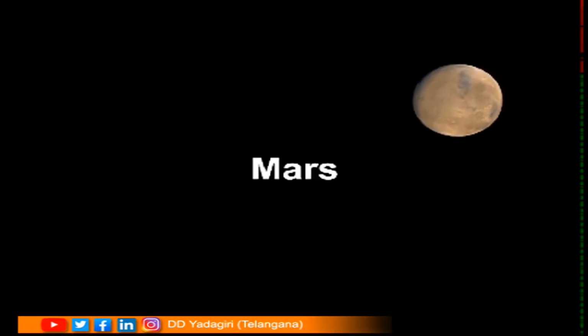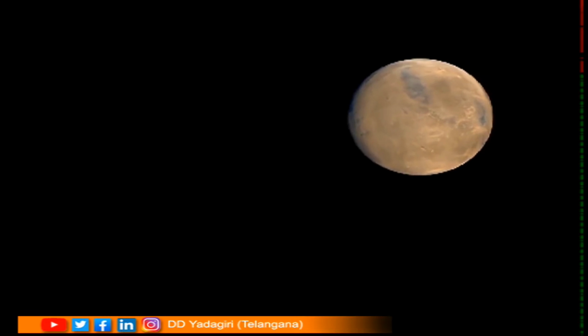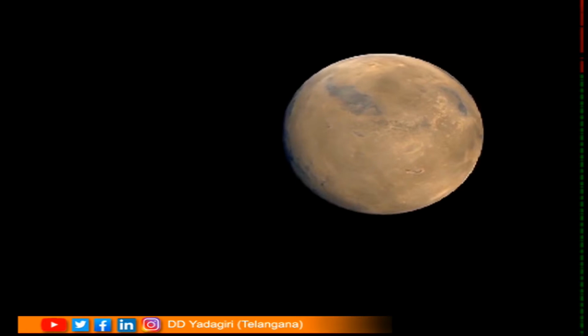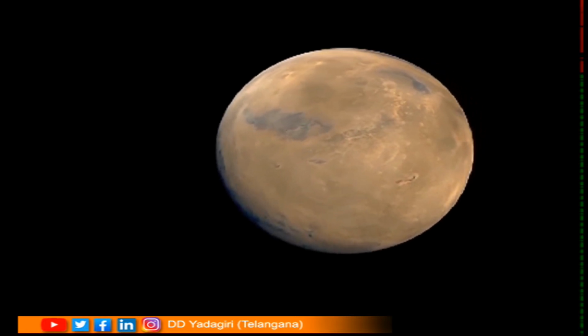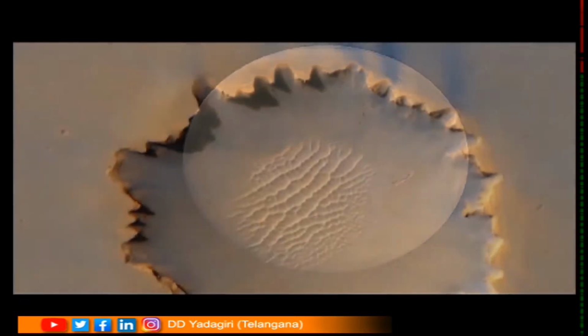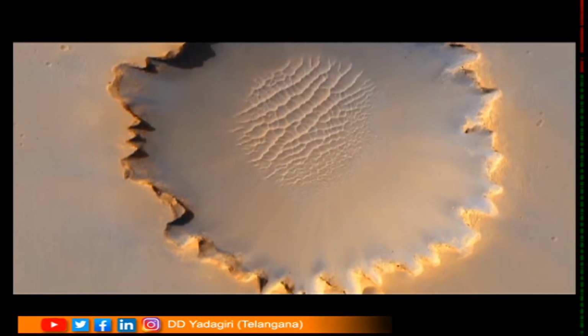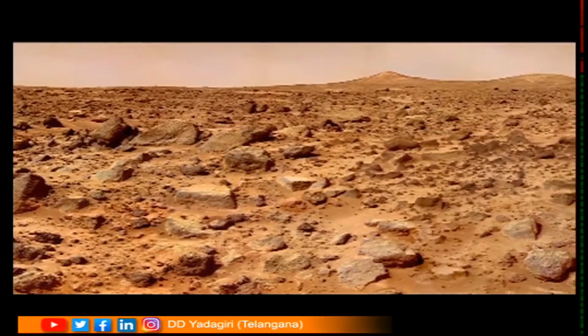Fourth planet from the sun is Mars. This planet is called as a red planet. See here children, this is the video related to Mars. Now, you can see this heavy object which is rotating on its own axis and revolving around the sun is Mars. It is seen as a red color object, and as it is present far from the sun,